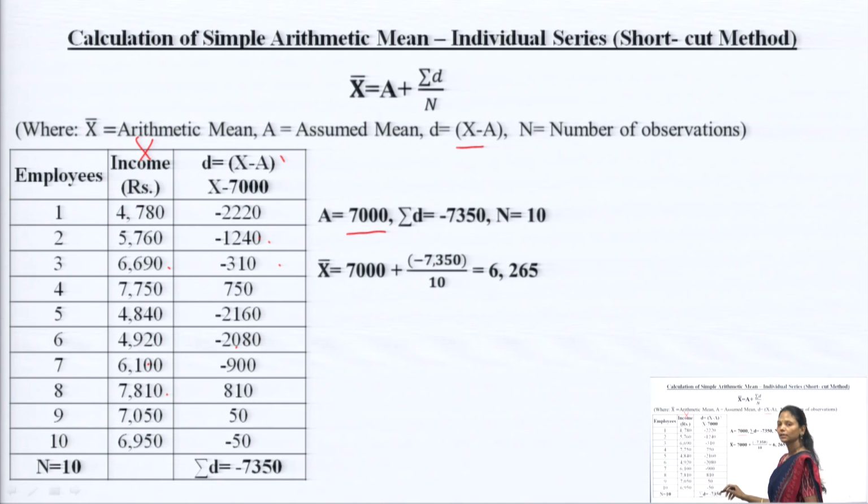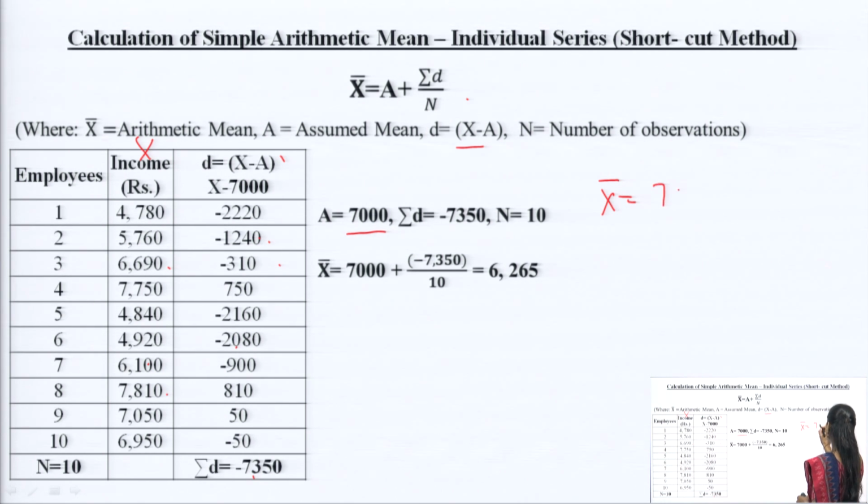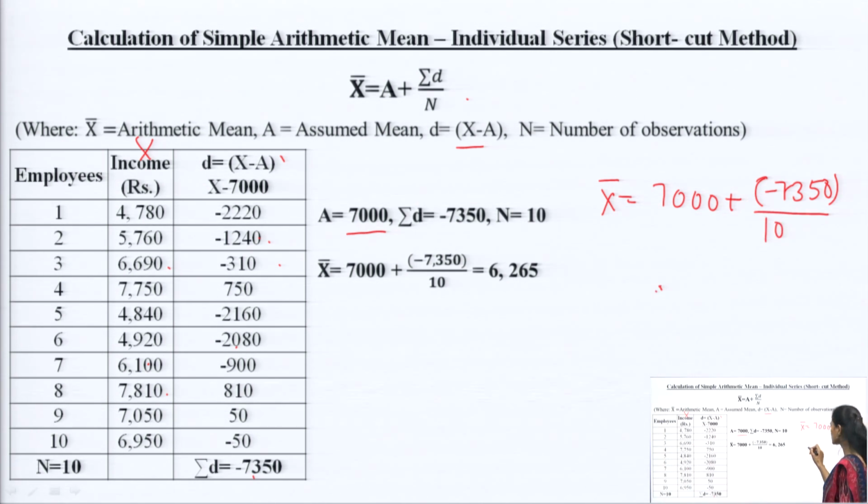If I add all these, this will give me summation d. Summation d is equal to minus 7350. I have to put all this in this formula, and what I will get, x bar is equal to a, which I have assumed as 7,000, plus summation d, which was minus 7350, divided by n, which was 10. So, if I solve this question, what I will get is 7,000, since it is minus of